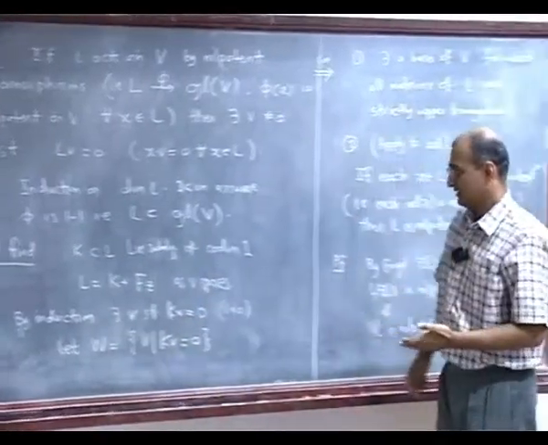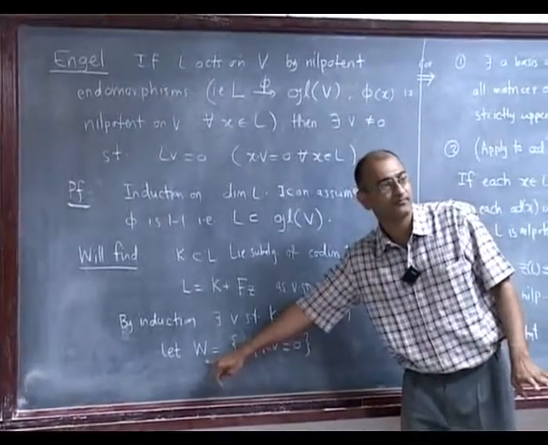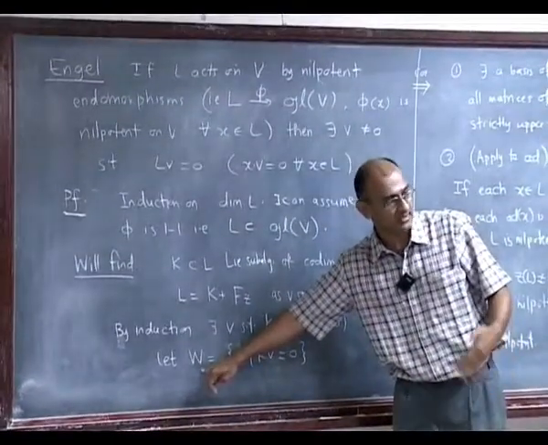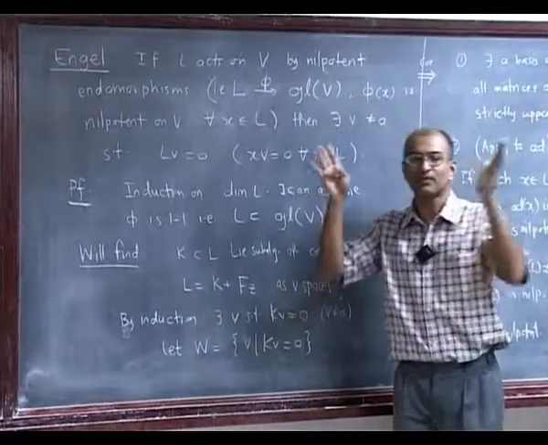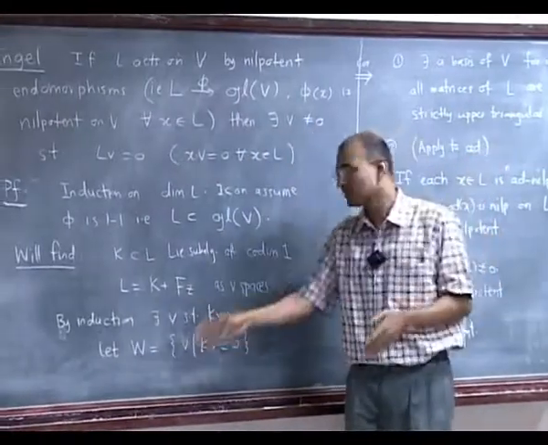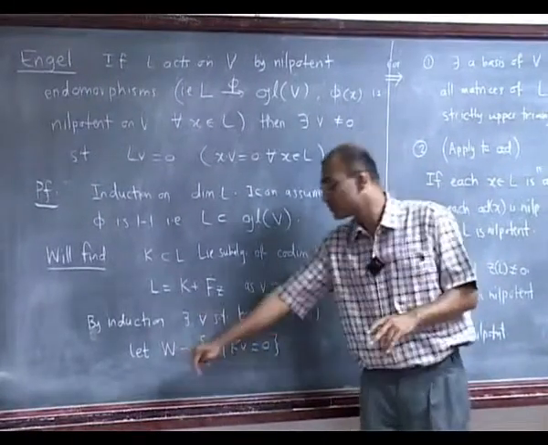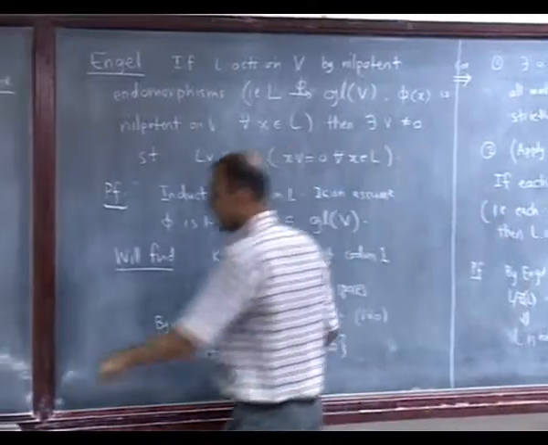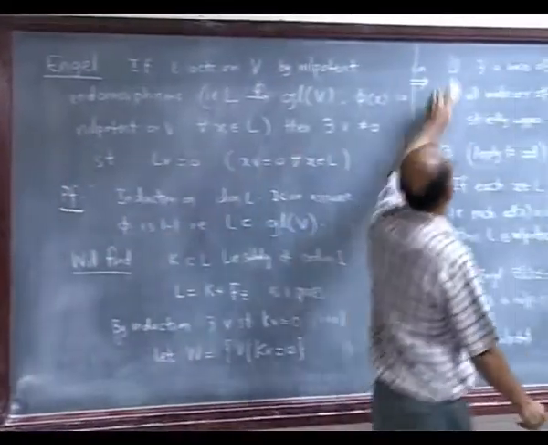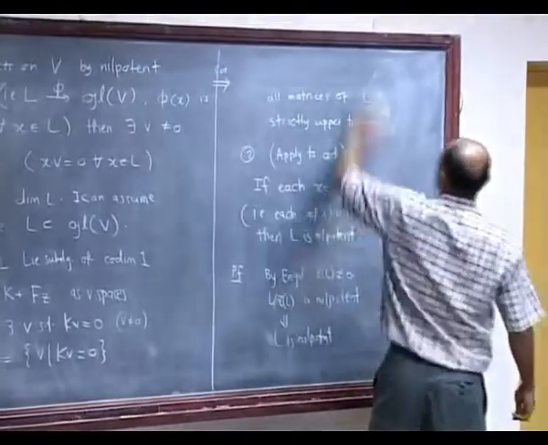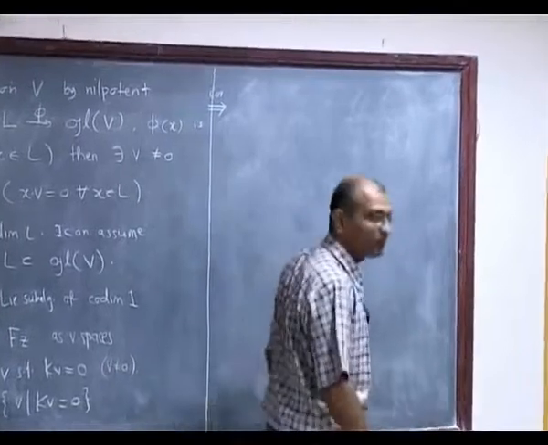But it is enough to show that this space W is stable under Z, because as soon as the space is stable, it is a nilpotent operator. It is a nilpotent operator on the big space, it eventually dies. So even on the subspace it will die, and so it will have an eigenvector. So all that I need to do is to show that W is stable, and for that calculation, let us see what we are led to. We will be led to a wish, and then we will have to see how to fulfill that wish.